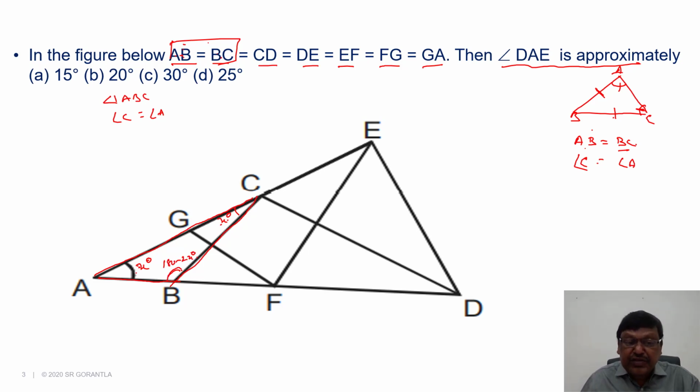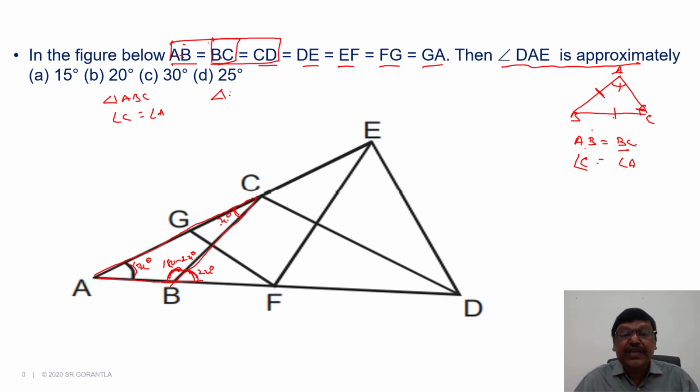If the interior angle is 180 minus 2x, the external angle will be, it's a straight line, total should be 180. If it is 180 minus 2x, the other one will be 2x, because the sum of interior angle plus exterior angle will be 180. It is 2x degrees. Or we can directly say an external angle is equal to the sum of two opposite interior angles. We can directly say it is 2x. Right. Now the next one is BC equals CD.